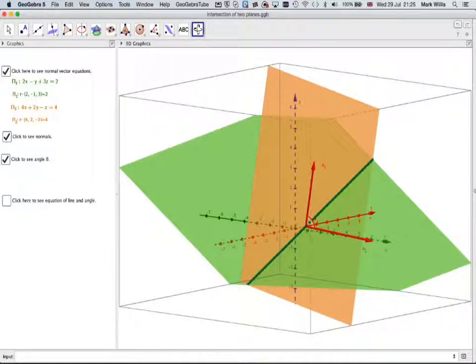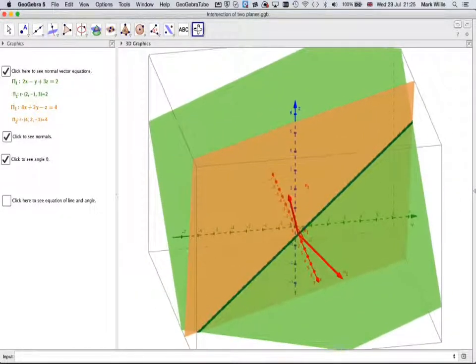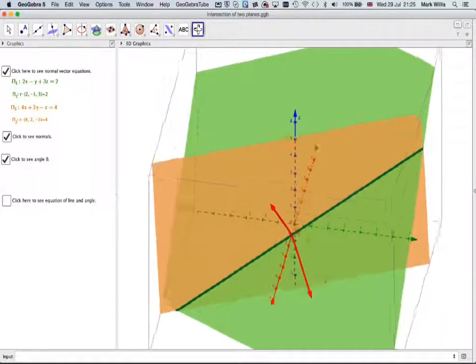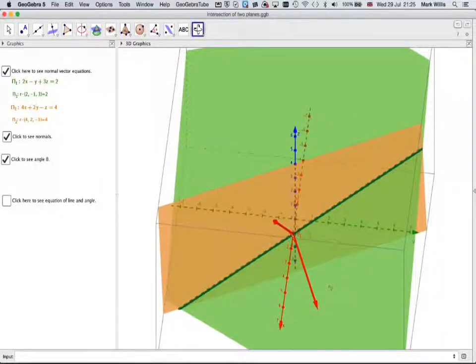Now, in order to find the line, for a line in 3D we need to know one point on the line and a vector which is parallel to the line. To find the vector, we'll need to find the cross product of the two normals. Let's just move it so we can see. So what we can find is the cross product,